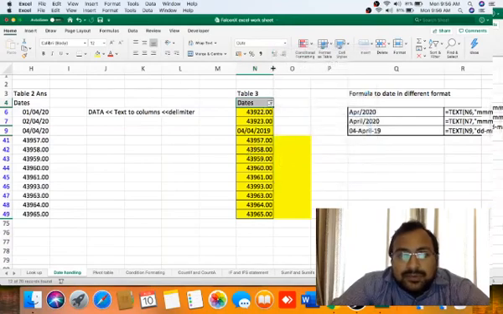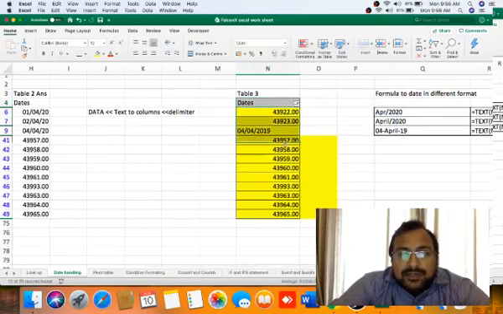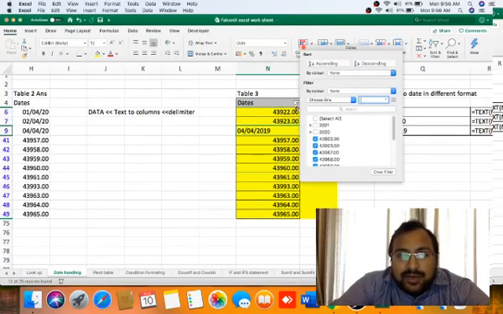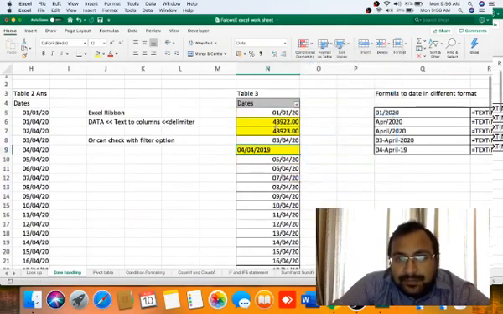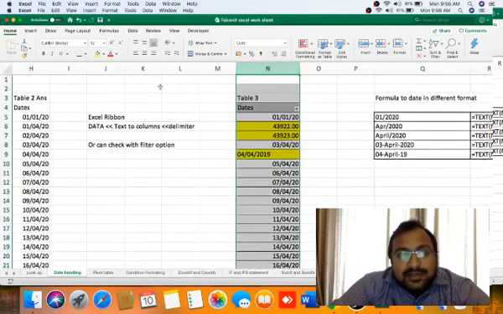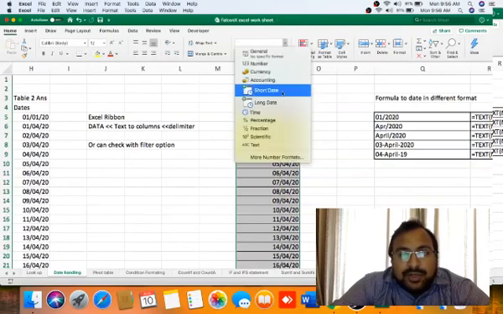As you might have noticed, these dates are in the number format and this is on the left hand side, so it's not in the right format. So how can we rectify everything? Select the complete column, short date.